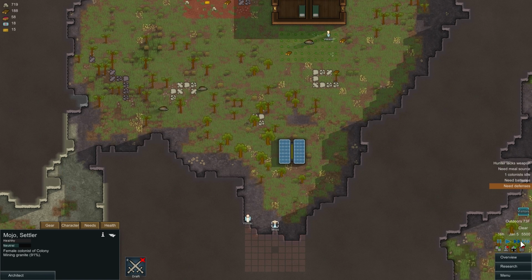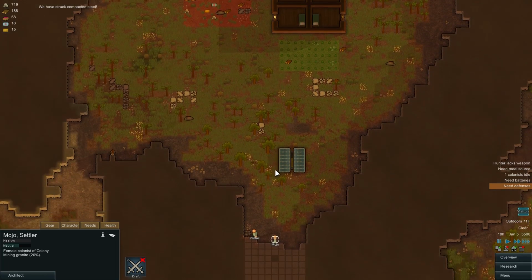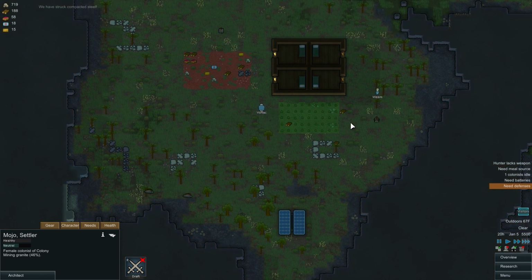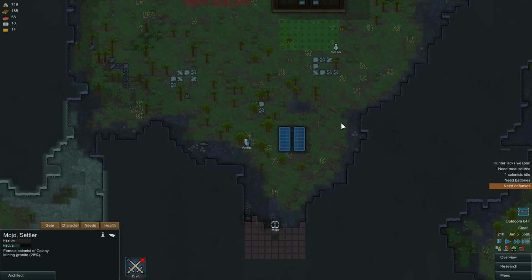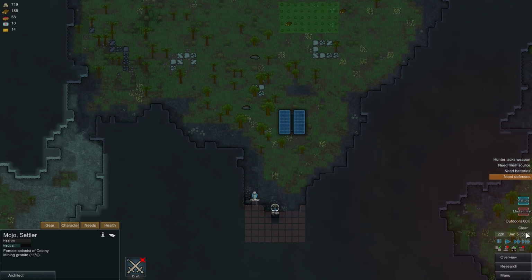So here we go. Awesome, it worked. Cool. You like to see that for sure. We've struck compacted steel. That's very handy. And the crops are going. Weem's just kind of derping around still, though. Weem doesn't really know what the hell to do with himself. Come on, Chef Weem. If I made a spot for him to start cooking, that would be ideal. But, again, I don't even...